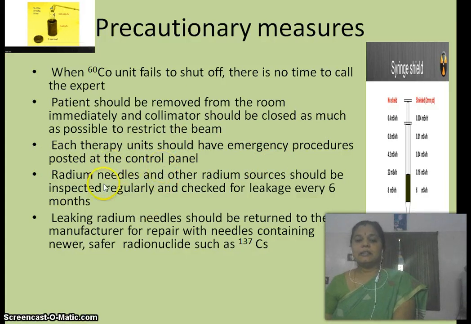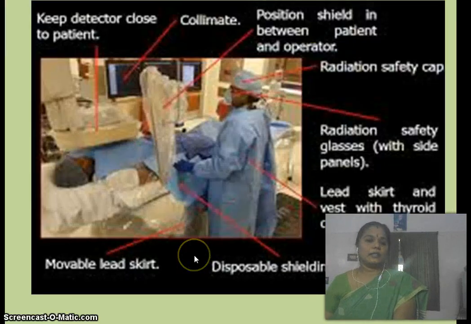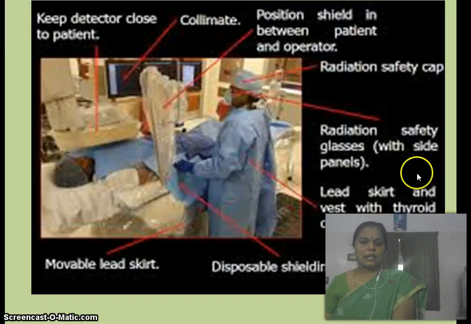And the radium needles and other radium sources should be inspected regularly, monitored, and checked for leakage every 6 months. Leaking radium needles should be returned to the manufacturer for repair, and especially they should be replaced with a newer, safer radionuclide such as cesium 137. So this is a picture for you to visualize